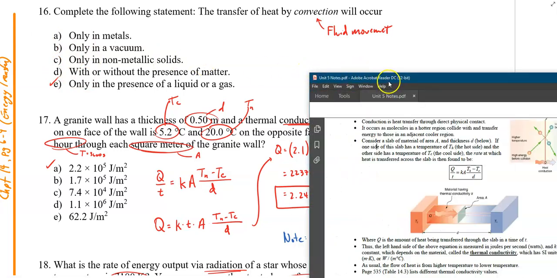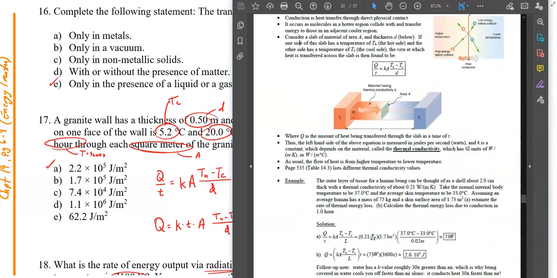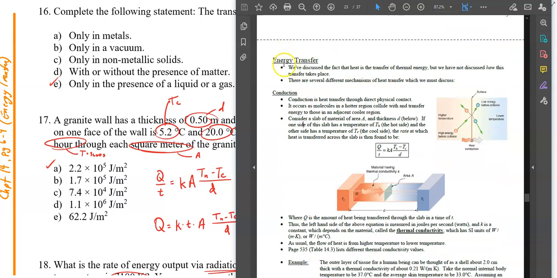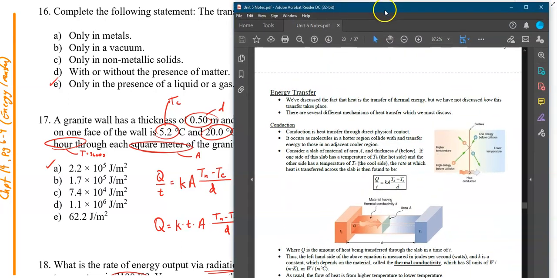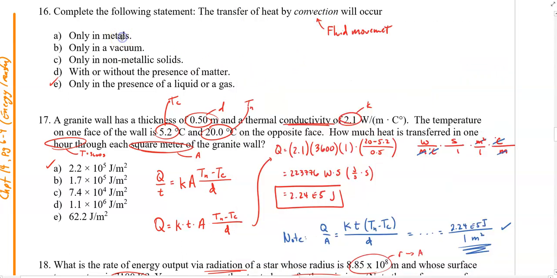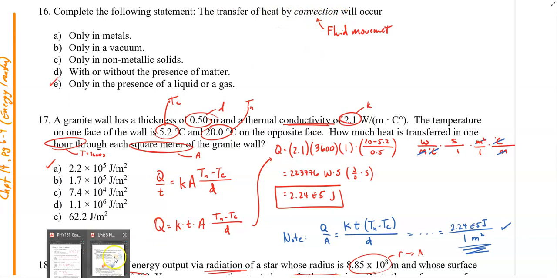Let's see if I can get this to show up on the screen at the same time. Here we are, page 6 in our Unit 5 notes on energy transfer. Question 16 says to discuss or identify the transfer of the heat by convection. And convection is a measurement of